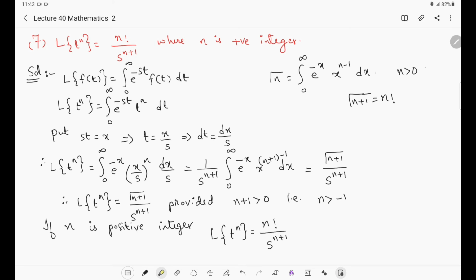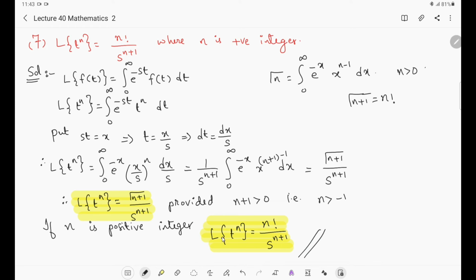So these are the two definitions of the Laplace transform of t power n. The Laplace transform of t power n will be gamma n plus 1 by s power n plus 1, provided n is not an integer, n may be anything greater than minus 1. If n is specifically an integer, then the Laplace transform of t power n should be n factorial by s power n plus 1. So you have to remember these two formulae also. All these formulae we will be using while solving problems, right? So these two highlighted formulae are important.